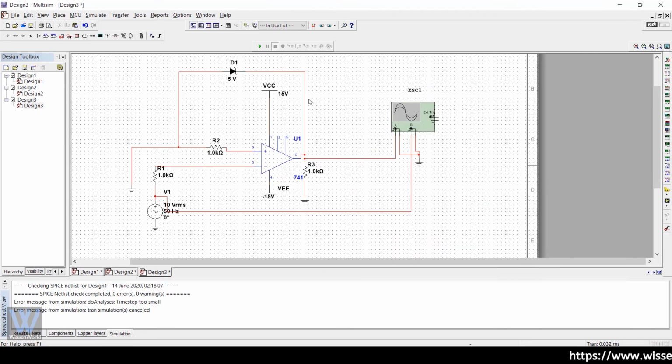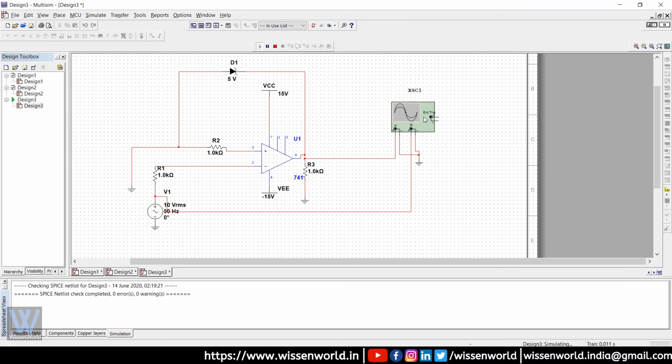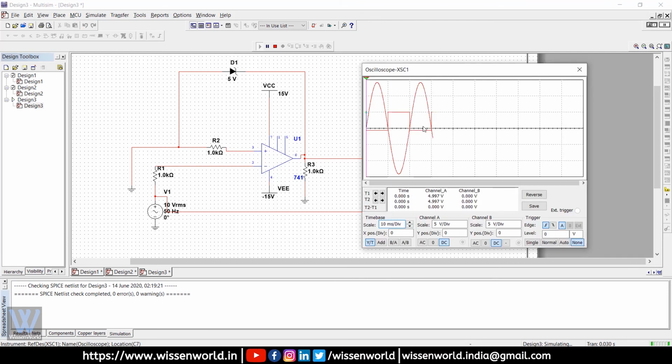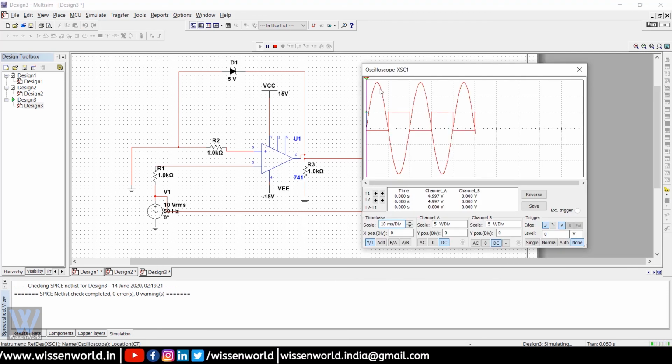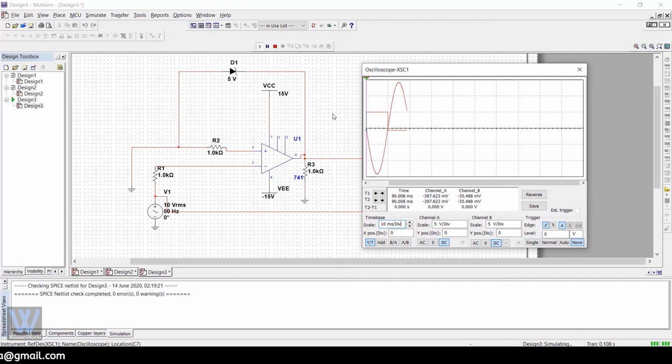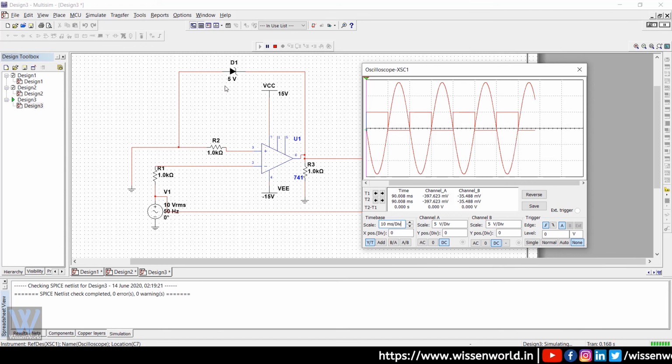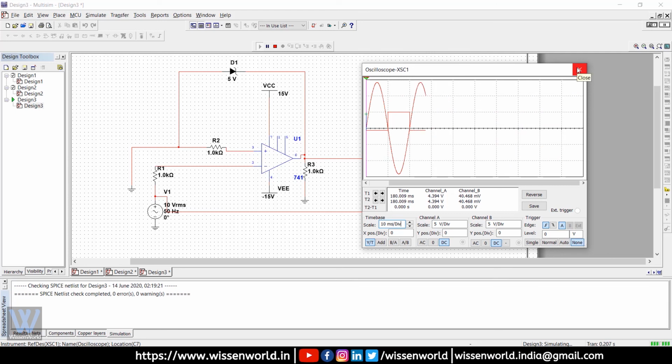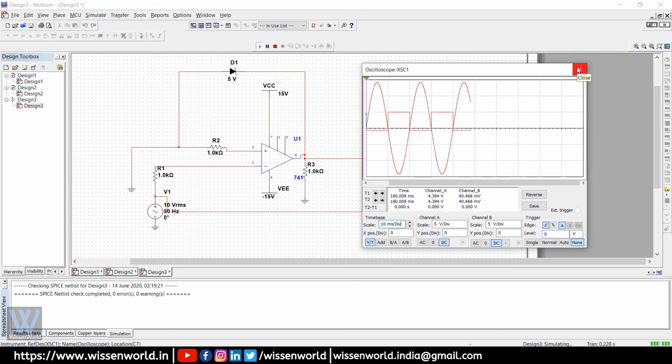Now this is our third circuit. Here we have only one Zener diode. And let's observe the output. So here you can see that when the input voltage is increasing in the positive direction, our output voltage is negative of the voltage drop across this Zener diode. And when our input voltage is increasing in the negative direction, our output voltage is equal to the cutoff voltage of this Zener. So we have successfully implemented all our voltage limiter circuits on Multisim.